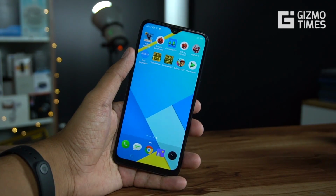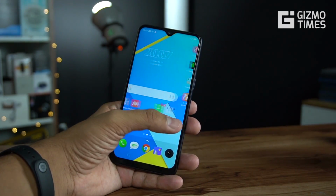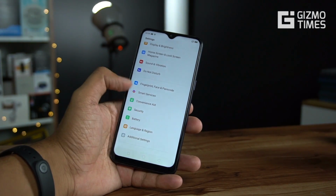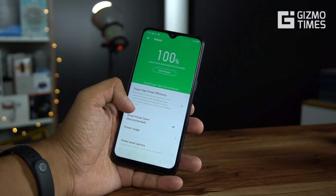And we're going to test out the game with the PUBG mobile gameplay here. Let's first go to the battery settings and check out the battery that is there right now. So it's 100%,